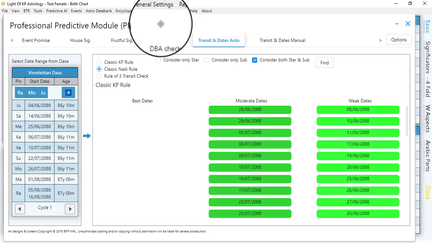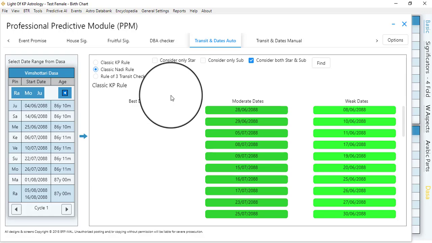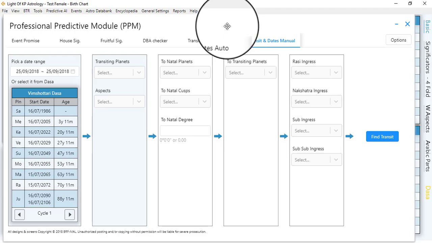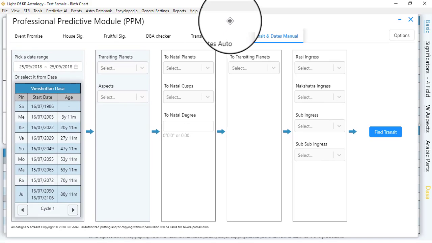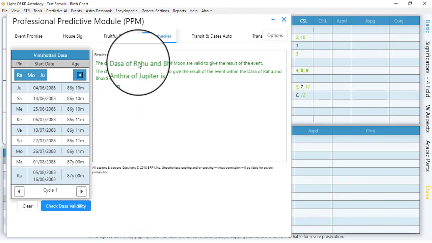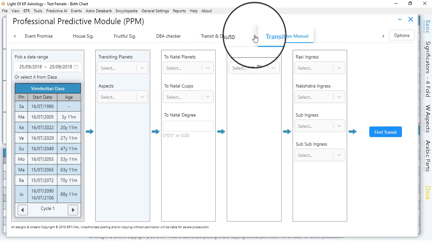But if you don't want to use the automatic date finding module, you may use the transit manual date finding module, and this is the strongest date finding module in the whole world. No software in the whole world ever gives you this kind of a powerful manual transit date finding module. So what was our Dashabhukti Antra? Rahu, Moon and Jupiter. So in the transit manual